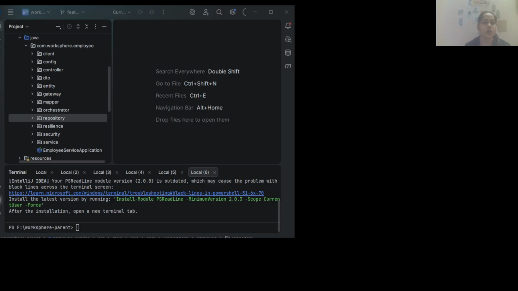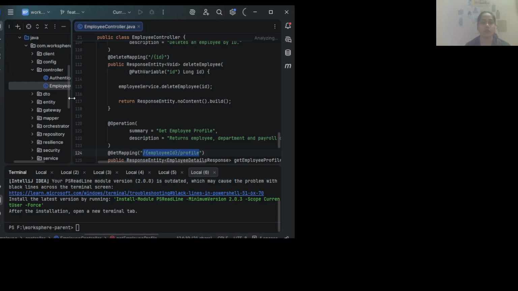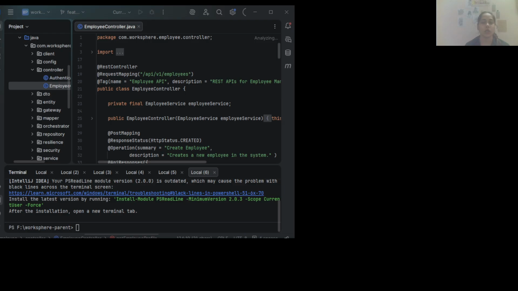The first package is our controller layer, which is known as the entry point of the application. The controller layer handles all the HTTP requests coming from the client, validates the basic request information and formats, and forwards it to the service layer.